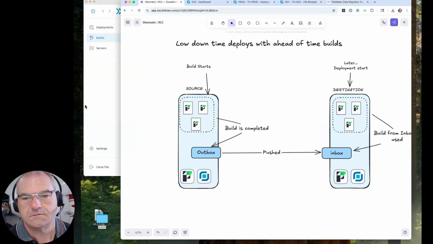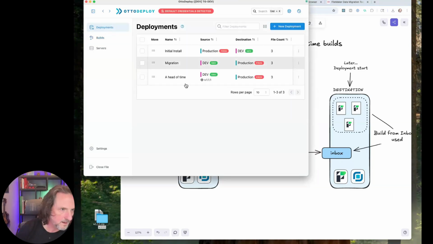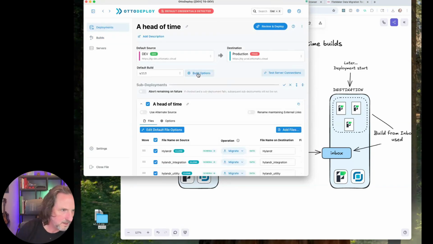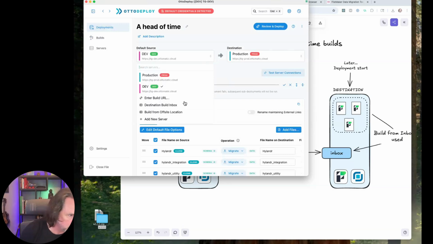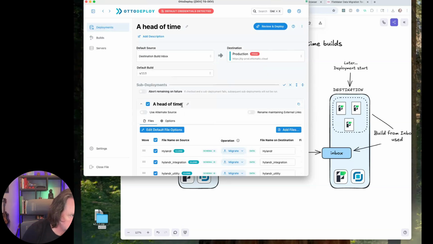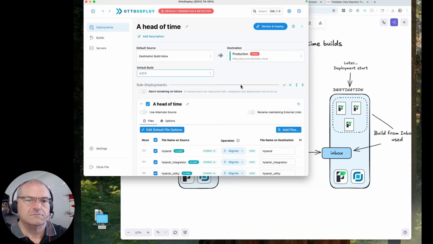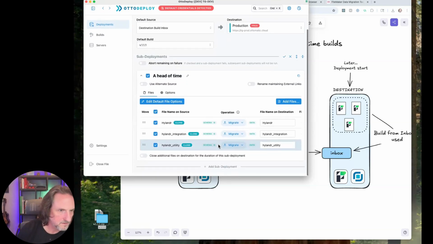Now we go to the deployment and we go to our ahead-of-time, and we can choose destination build inbox. Boom. And now when we run this,